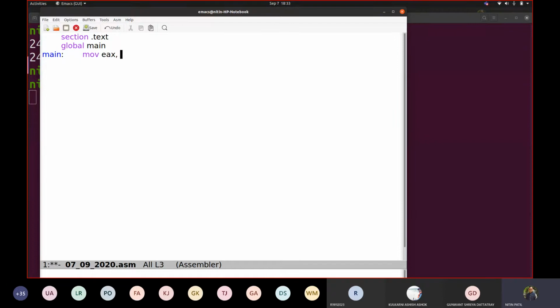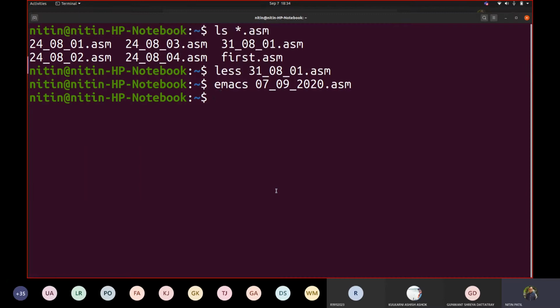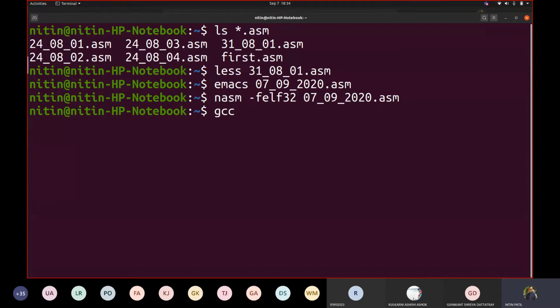Now we will write only one instruction here. I will not write anything over here. Now, to assemble this code as we saw earlier, we will use nasm -f elf32 07 09 2020.asm. Now, to generate an executable for this, I will write gcc -m32 07 09 .o.